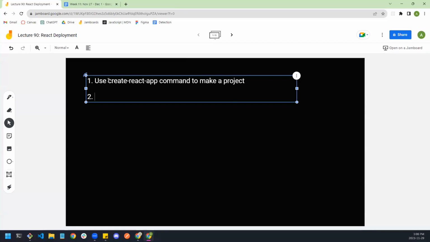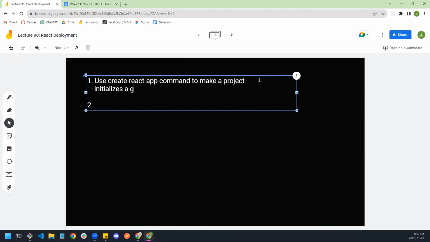So first step, we'll write through that command. And then the second step: when you use this command, it initializes a Git repository locally inside the project. So there's already a Git repository. You might notice that because the files will be green, and I'll show that. So we have a local Git repo, but we don't have a remote when we first use create React app. So then we'll create a remote,